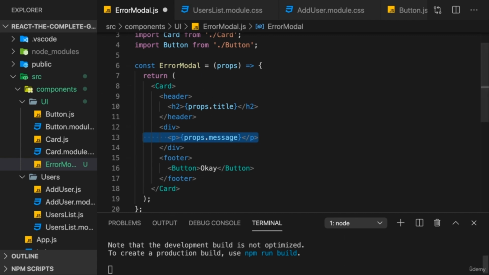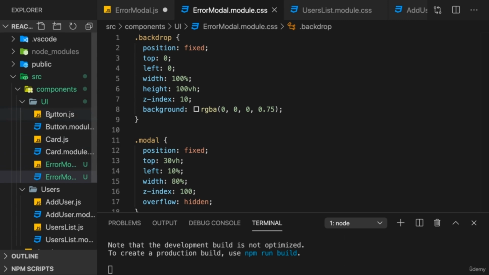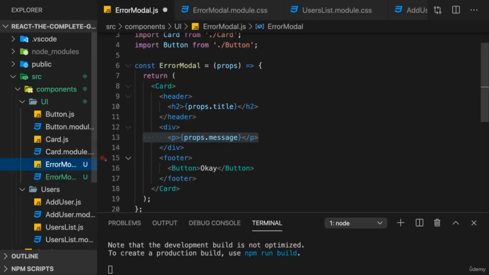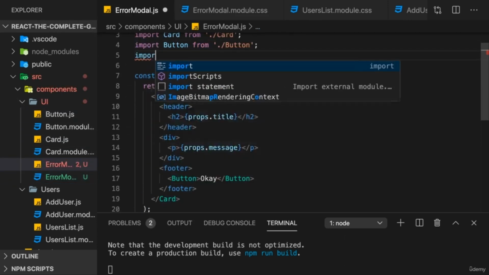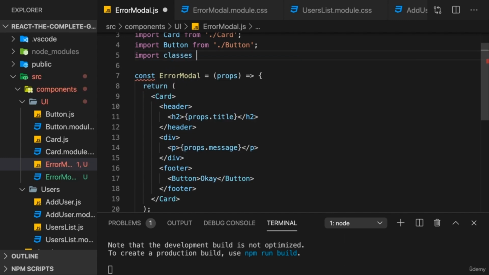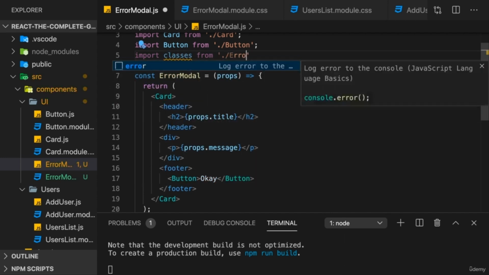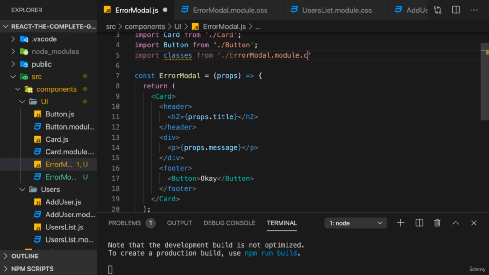And I also want some styling. For that attached you find the error modal.module.css file, and you can again just drag that into your UI folder next to the error modal.js file, and then import it here. Import classes from /error modal.module.css. Because I'm also using CSS modules here to have unique class names,